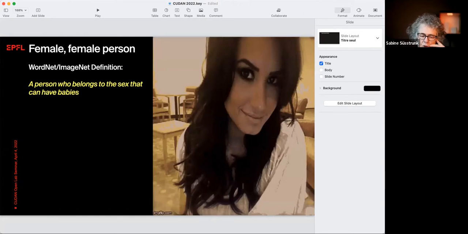So that definition is a person who belongs to the sex that can have babies. Now, needless to say, as a woman, I have a slightly different perspective. I think we could probably come up with a better definition for that. And so if we then go and look at what ImageNet actually contains,